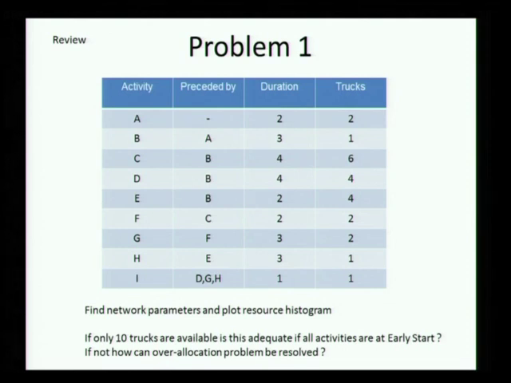Now let us review the problem we took last time. If you recall, we had a problem with trucks as a resource, and this was the problem statement. We said we should find the network parameters, plot the resource histogram, and then we limited saying only 10 trucks are available. Okay, so if you look back in your notes, you will find that we solved this problem last